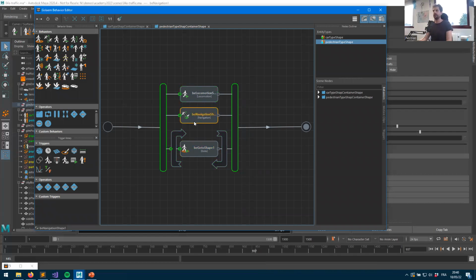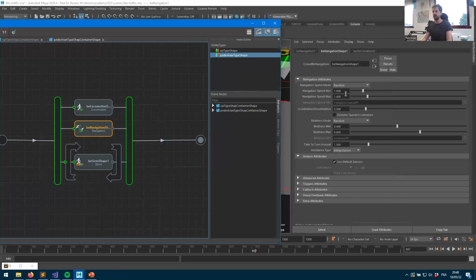So last time we were trying to play with speed, especially when we wanted to make the characters run, that was in the navigation behavior. If we take a look at what we have in the navigation behavior, it has some min and max random speed. And we can see that actually we could drive the speed with something else than just some minimum and maximum values. So if I change the navigation speed mode, rather than saying, okay, my speed is random,